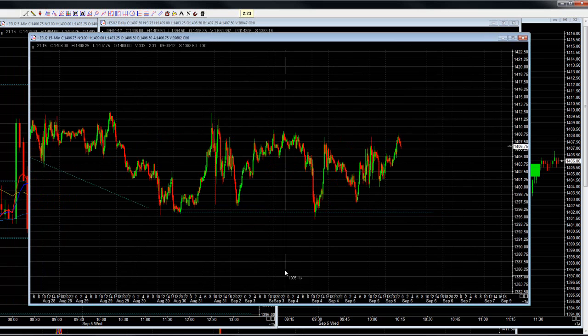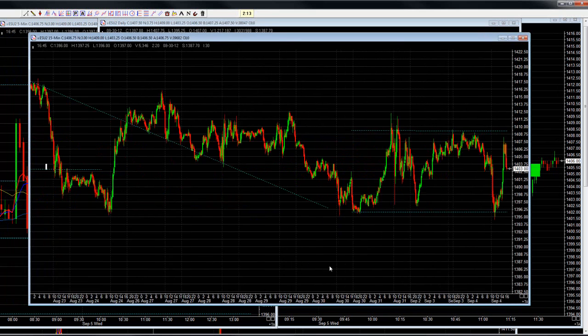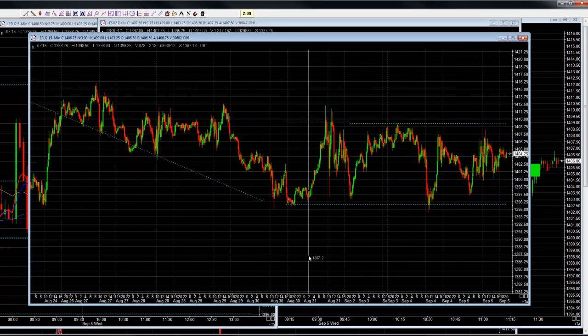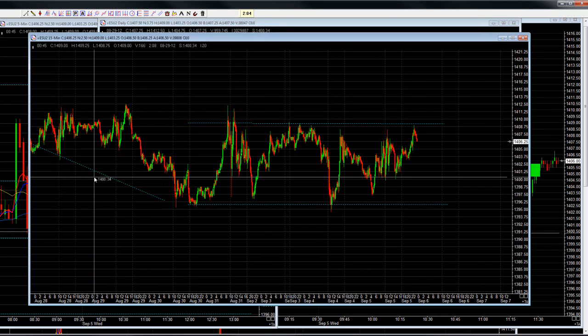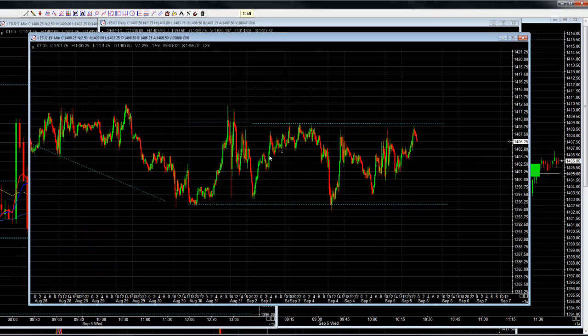If I just squash it up for a bit, so you can see we've got basically last week and a half here. I could add in another line, and you can see that it's running in between a channel at the moment. So there's no real trend line. Previously, as you can see, I've got all sorts of trend lines, which when the market is trending, obviously you can go ahead and get those sort of areas, and they act as really good support and resistance. At the moment, we've just got this sort of horizontal channel, there's no real trend line, but we're certainly